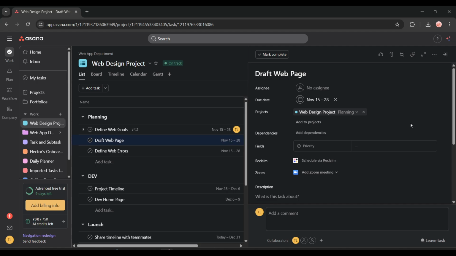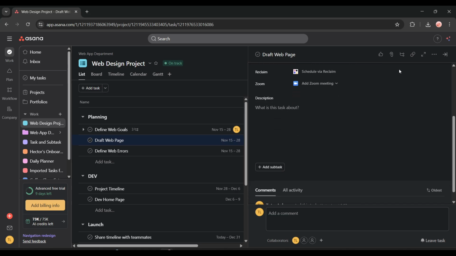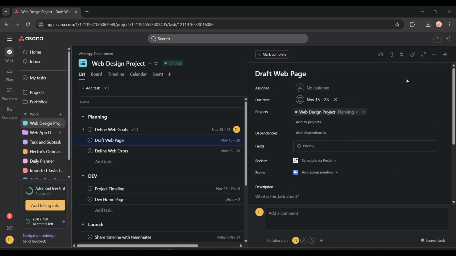In the task details pane, look for the paperclip icon labeled Attach Files. This icon is your gateway to adding any type of document, image, or file to your task. Click on it to reveal your attachment options. You'll see choices for uploading files directly from your computer or connecting to cloud storage services like Google Drive or Dropbox. This flexibility means you can attach files from wherever they're stored, making it incredibly convenient for teams that use